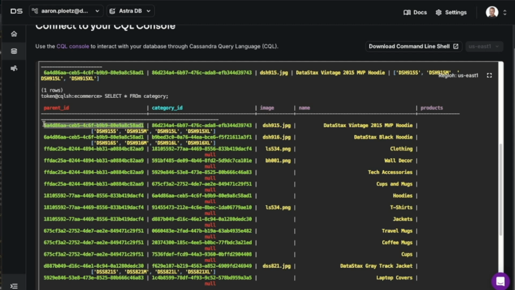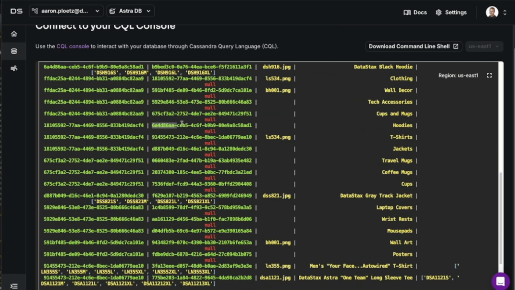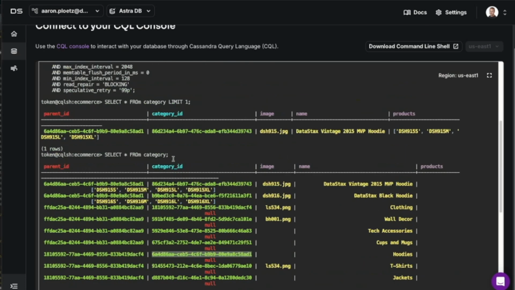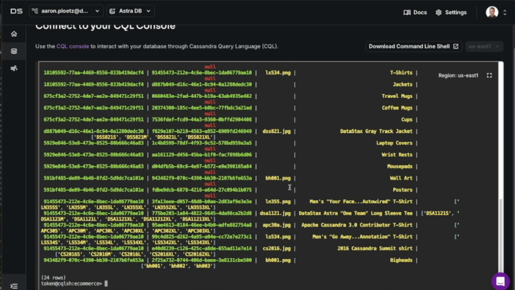And this is its parent ID, this 6A4D86AA UUID, which you can see is right here as the category ID for hoodies under the parent ID of clothing. So that's a little bit about how this table is built to support multiple hierarchy levels. It's really up to the merchandisers and the marketers as to how they want to present this on the website.